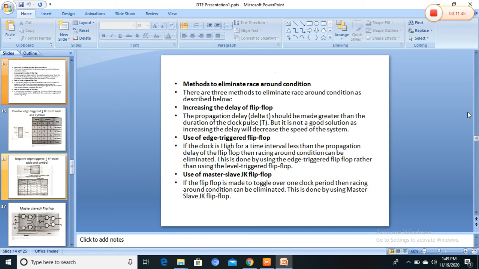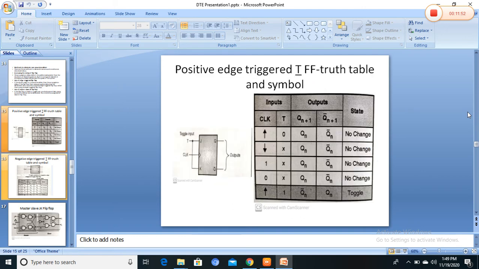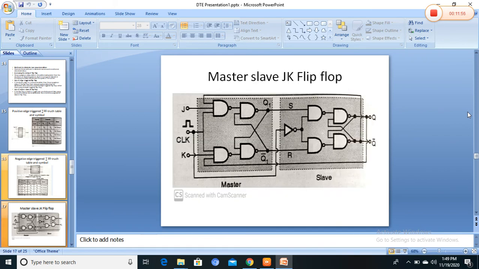This is the race round condition we avoid by an edge triggered flip-flop, or by increasing the delay of the flip-flop, and by the master slave JK flip-flop. This is a master slave JK flip-flop. It is a combination of a clocked JK latch